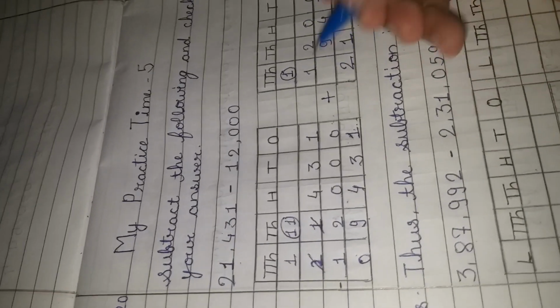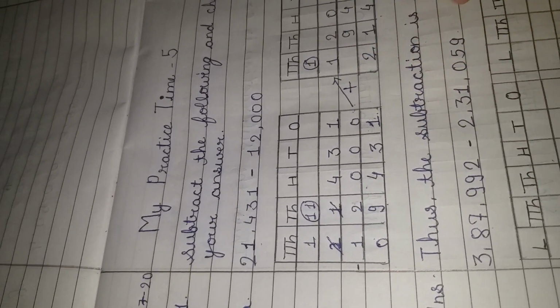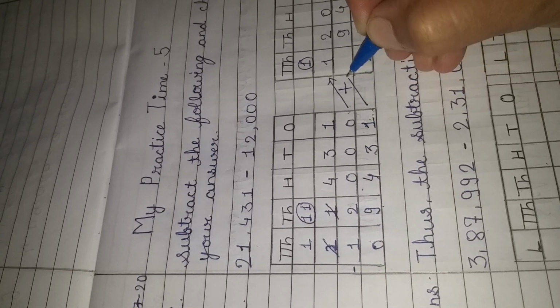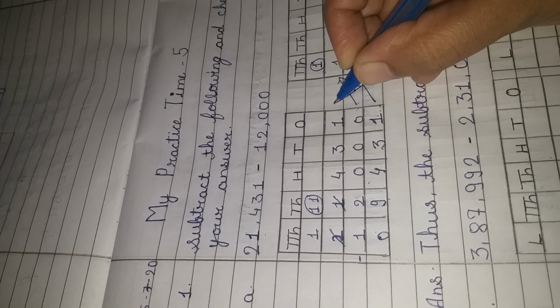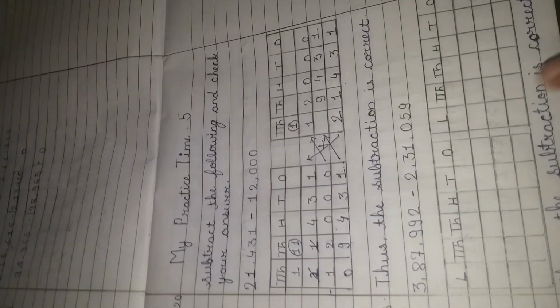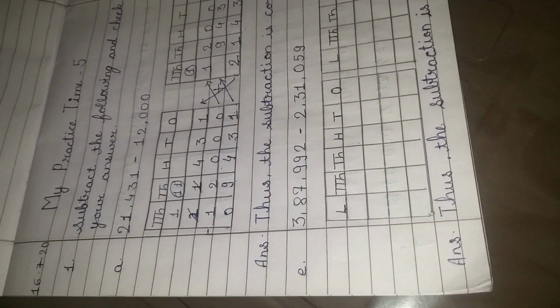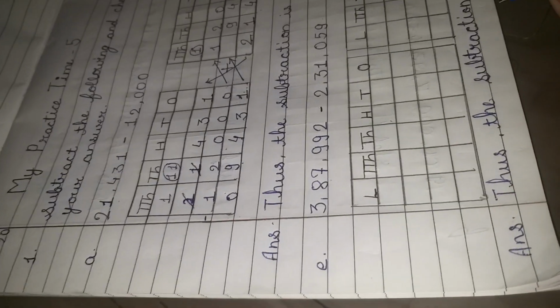So here students, what we have done, we have taken the subtrahend and the answer, that means the difference, and we have added them, and here we got the minuend. Okay, so this is how we are going to check our answer. We just have to add the second number and the answer so that we can get the first number. Now we are going to solve our second example. So here we have 3,87,992 minus